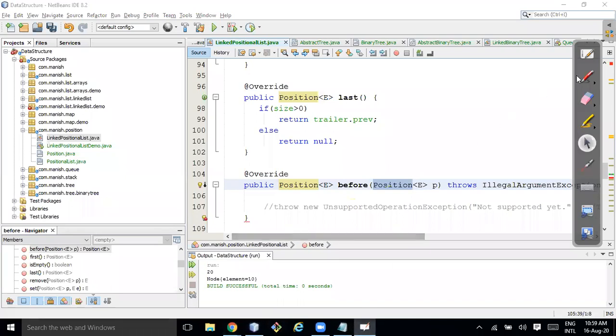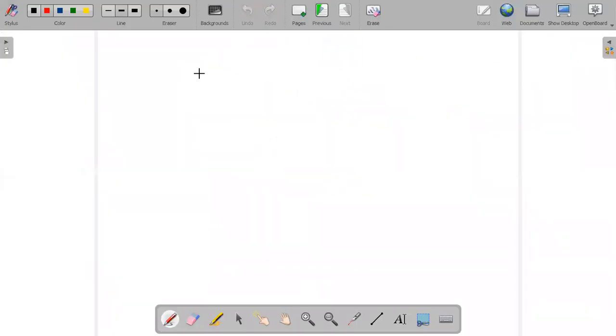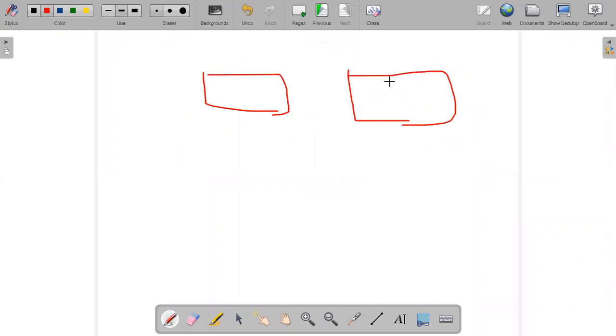Yeah. If I'm giving you some position and asking what is the element before that position, okay, I'll go back to here. I have a position, and I'm asking what is before this one. That's fine. I can pass anything invalid also. I'm the client, right? I can pass anything wrong also.